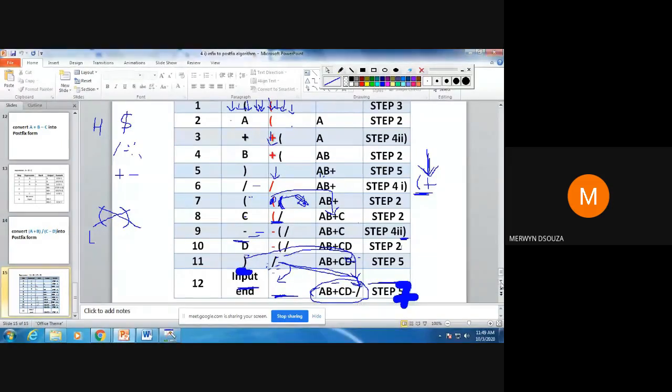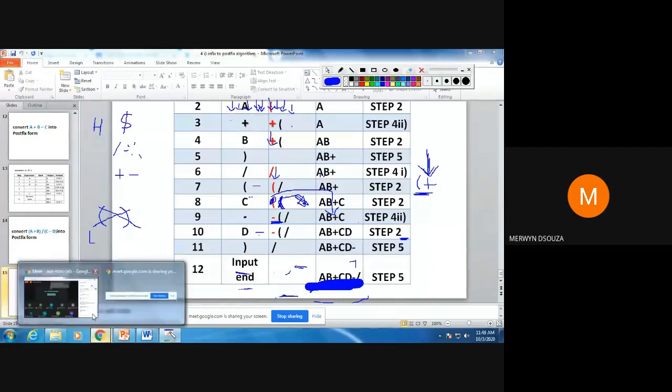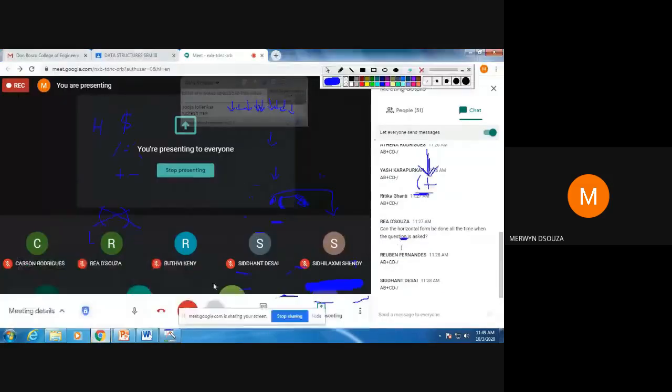Okay. When you finish solving in your notebooks, you have to write one line: the postfix expression is, and you copy what you have got in the postfix. So AB plus CD minus division. That is your postfix expression. Clear? Any doubts about how it is to be solved?